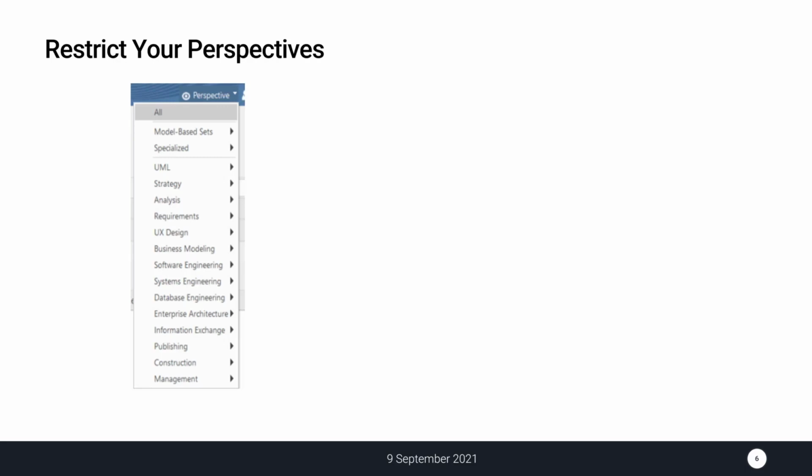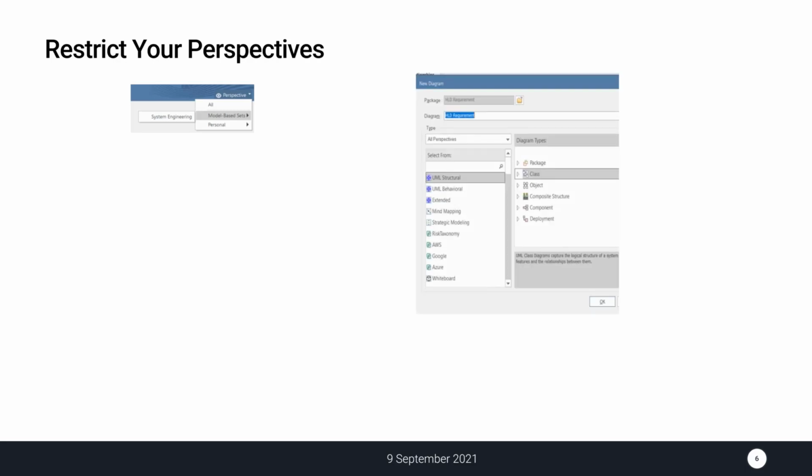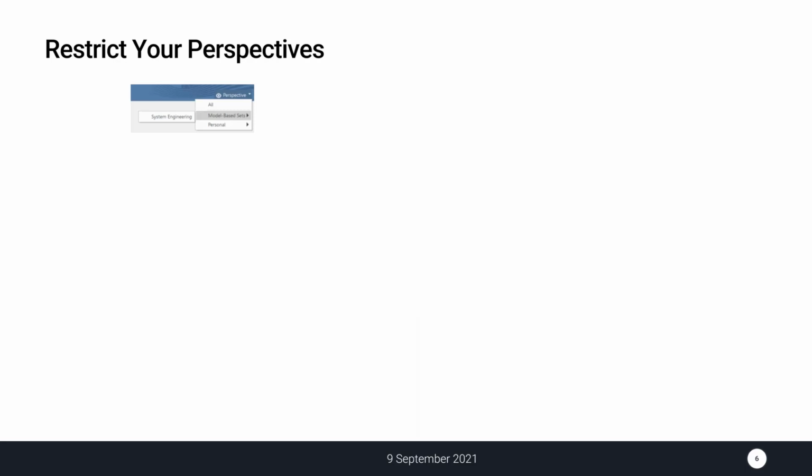When I select the perspective menu in my EA without applying any perspective rule, I could see a bundle of technologies reflected on my screen. Whereas after configuring my perspective, with a minimal level of configuration, you can see only system engineering is set as a perspective and I can deal only with system engineering. So the rule is applied and the rest of the technologies are restricted. Similarly, this applies even to the diagram dialects as well as to the toolboxes.